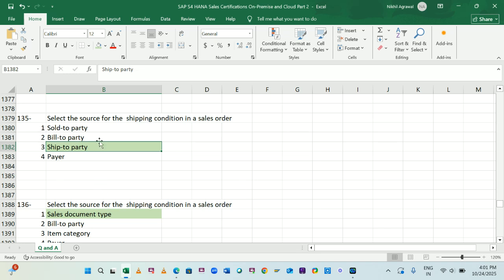In case the consultant or user missed the shipping condition updation at the master data level and it is updated at the sales document type level, guys, then data will flow from the sales document type. Okay,